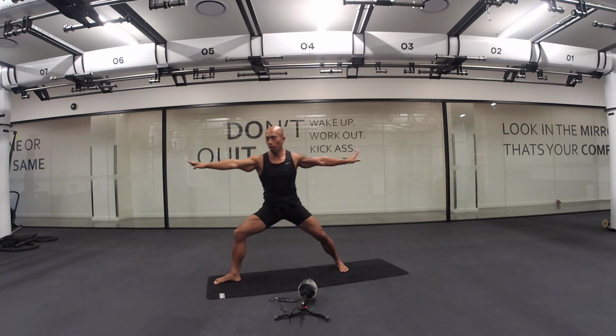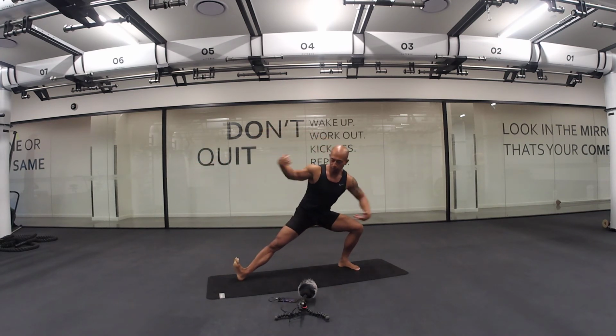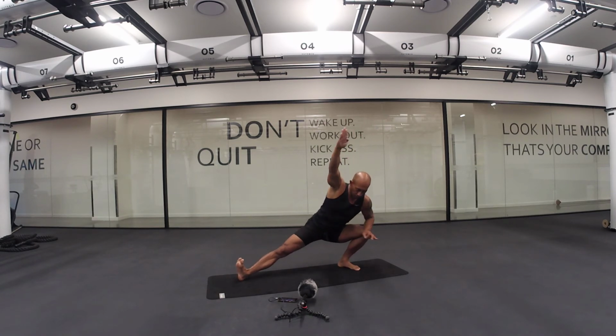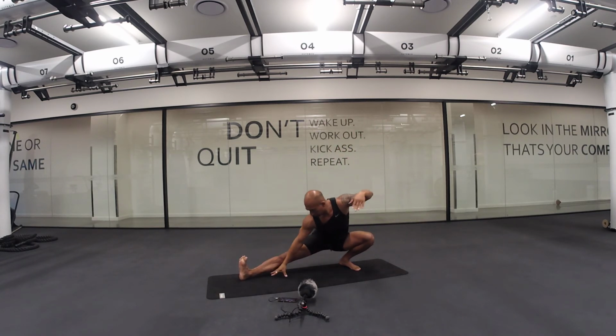And then exhale as you come off the toes on that right foot, left arm to the knee, right arm over your head, opening up. Breathing in, chest widening, and then lowering on the exhale. From here, you're going to take your right hand to the floor or the big toe with the left arm over your head, inhaling,